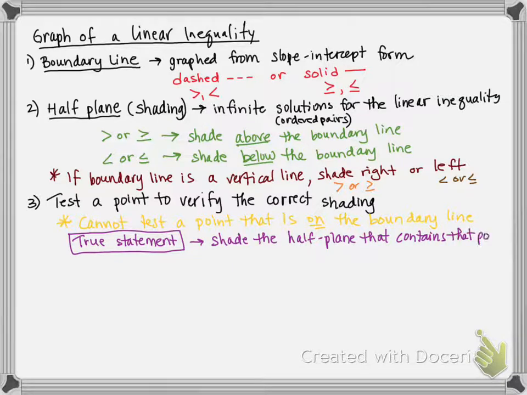So you pick a point, stick it back into the equation, the original one. I'd always go back to the original one. And then if it comes out to be true, then where that point is, you're going to shade, right? Now, if you get a false statement,